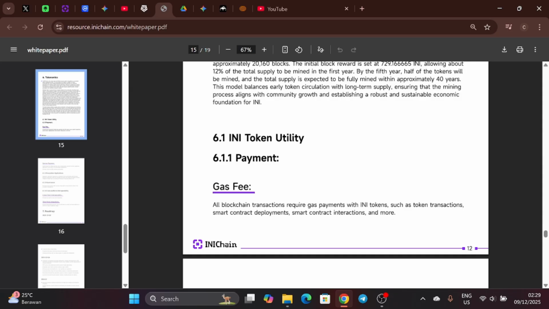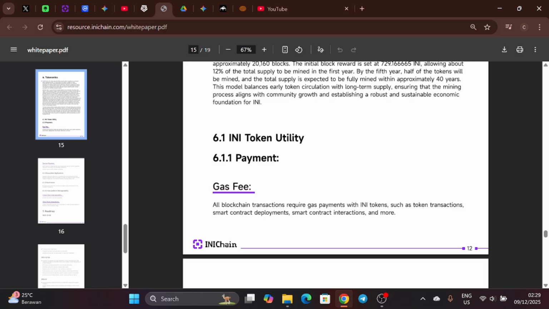Utility is very important because it is the core function that drives the blockchain or this token itself to be sustainable. It depends on utility, which can drive the economy